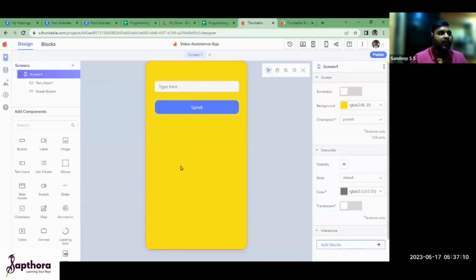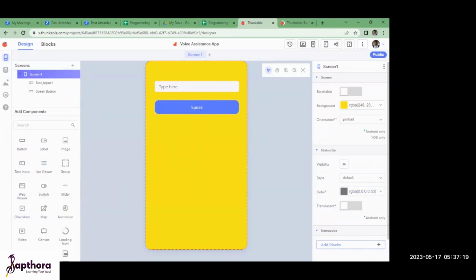So what I've done is, when I'm in screen one, I have this property window. This is the components window, and this is the